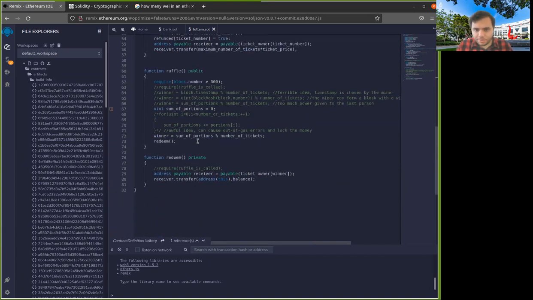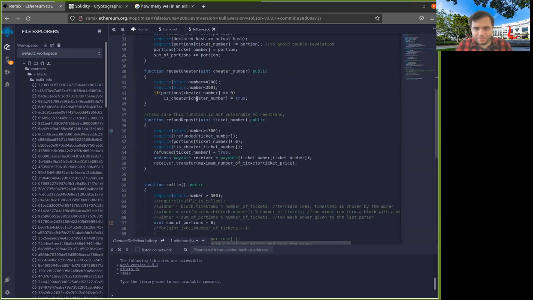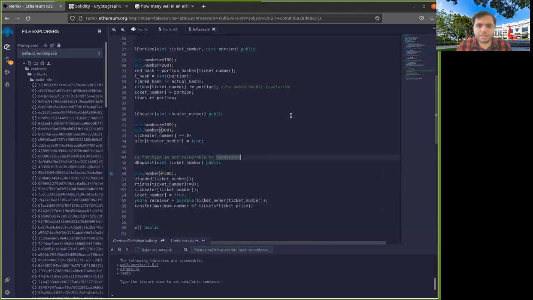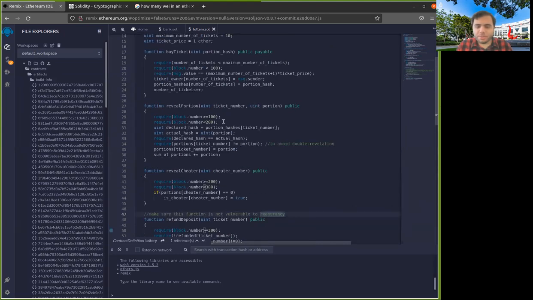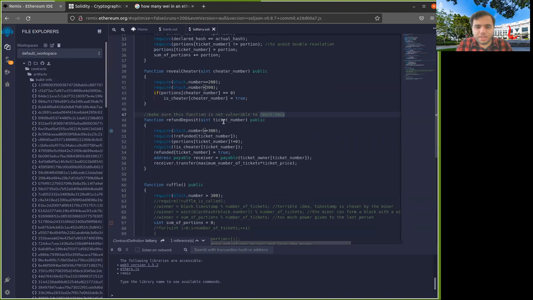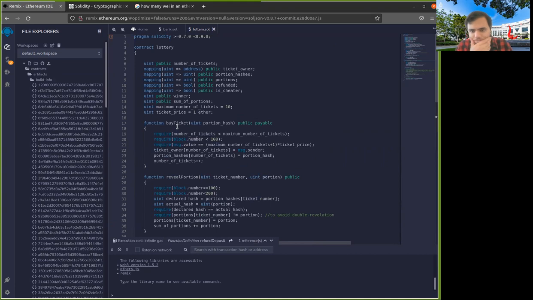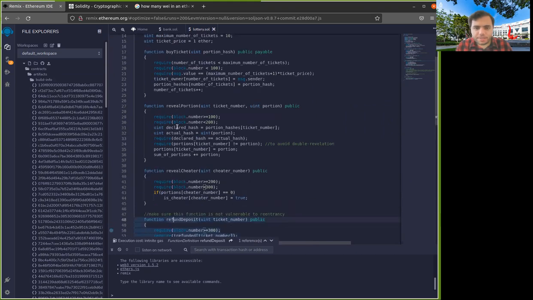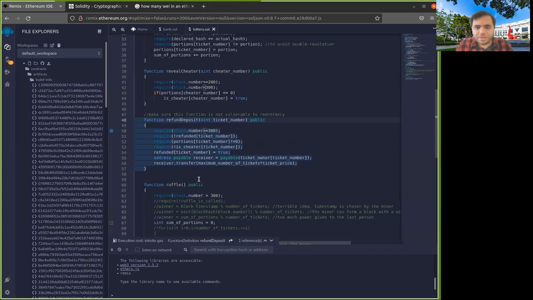So at this point, if we make sure that we have no reentrancy and if we make sure that we have no other bugs here, it seems like this is safe. Of course, I haven't implemented the part where we actually use the money from one person to refund the gas price for others. So that's also something that you can implement. I'm too lazy for that, honestly. So generally, the moral of the story here is that it takes a long time to write good smart contracts.